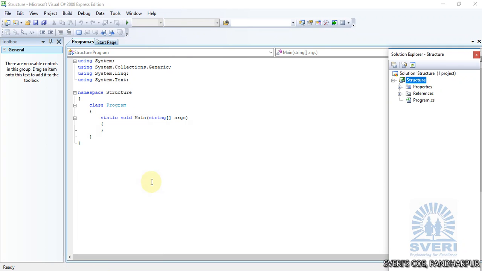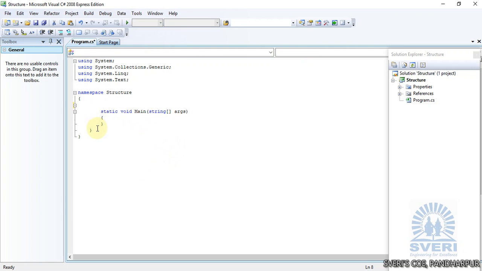A structure is a value type in C sharp. It's not a class type. So we don't need any class to implement the structure in C sharp. So we will define a structure using the keyword struct with the name of Student